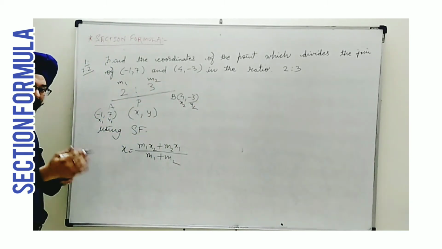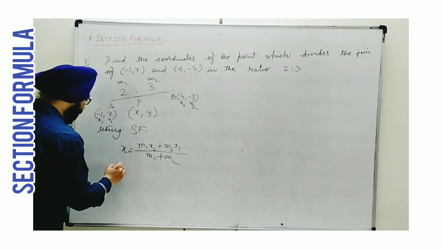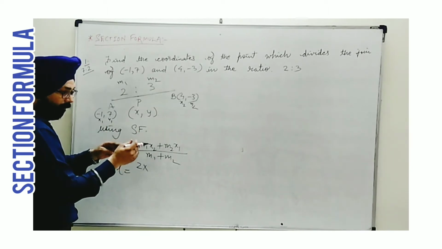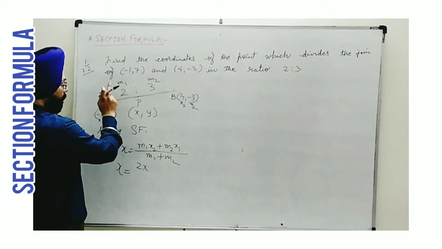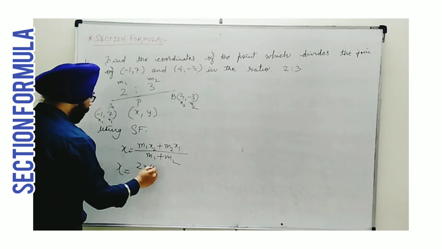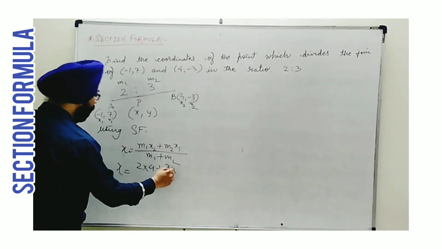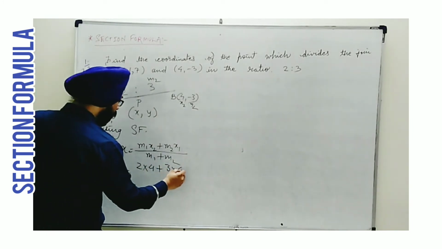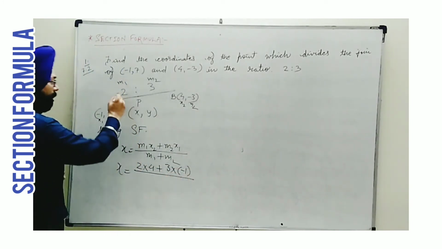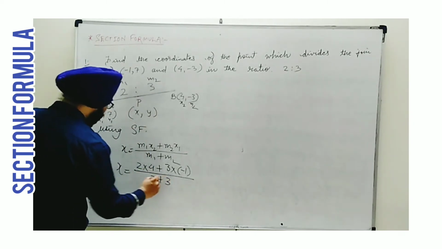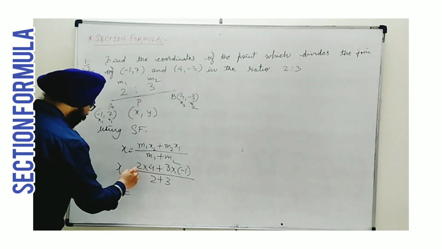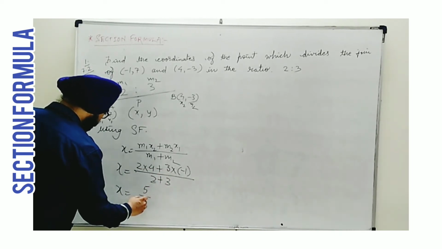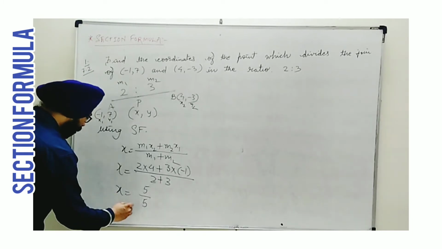Now things become easier. Now we can say x, we need it. M1 is 2, and as I said we need to apply the cross multiplication like situation. Then 2 will be multiplied to 4, plus m2, which is 3, into, crossing over, -1. So multiplied by -1, divided by the sum of m1 and m2, which is 2 and 3. Now we simplify, we get x equal to (8 minus 3) upon (3 plus 2), which is 5 upon 5, and it's 1.